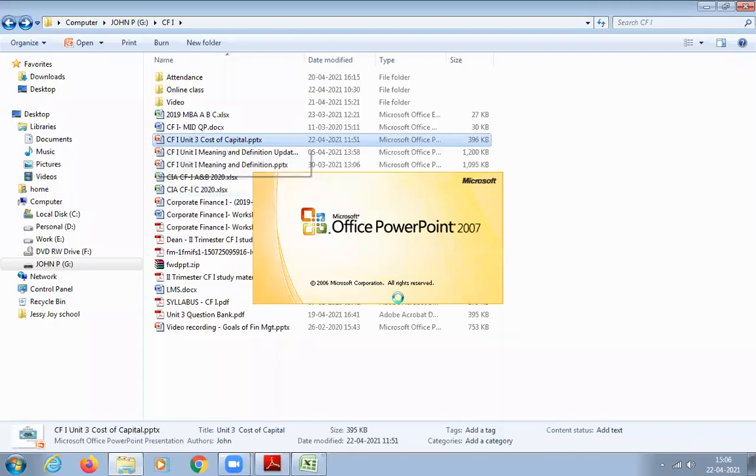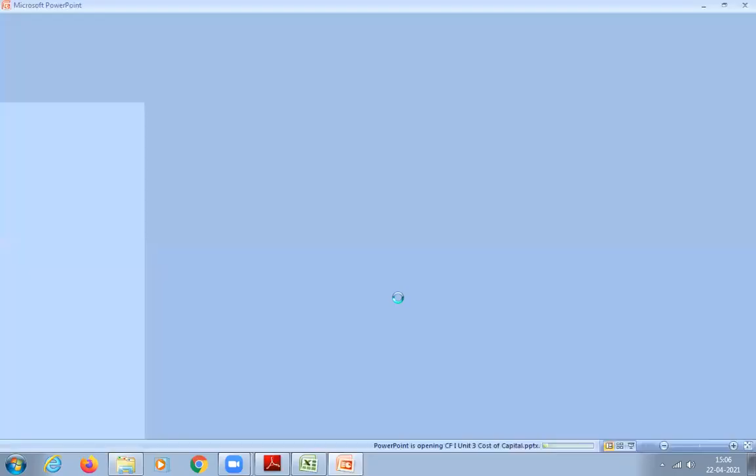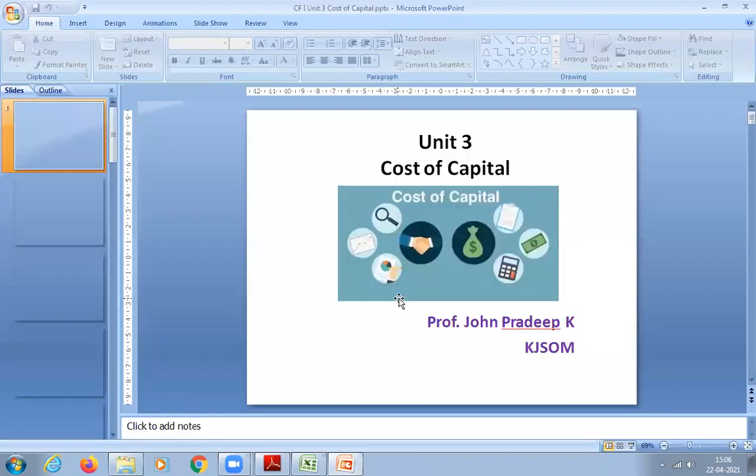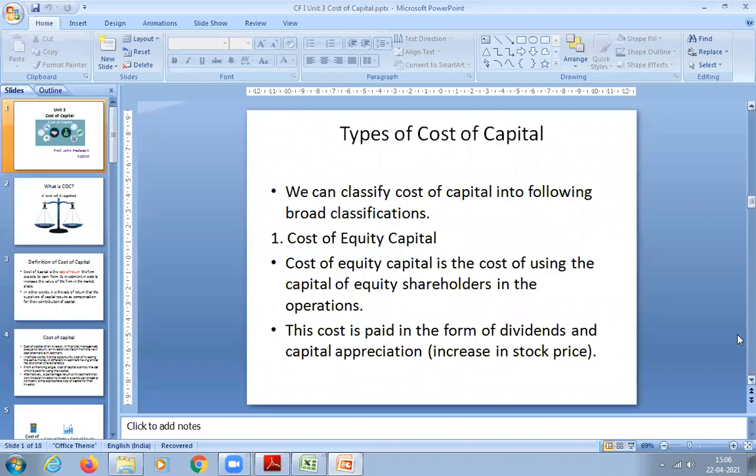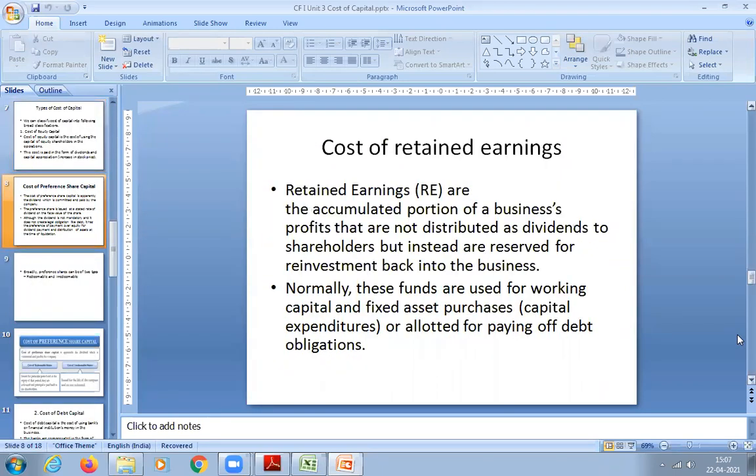See, for calculating cost of equity, there are different models or different approaches. So based on that, I will teach you all the approaches. Okay, how to calculate the equity, because in exam they may ask you any approach, so you have to be ready with calculating any of the approaches.